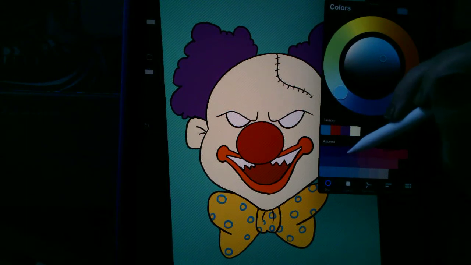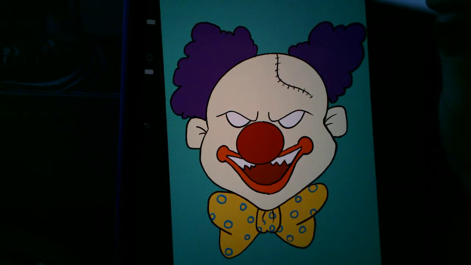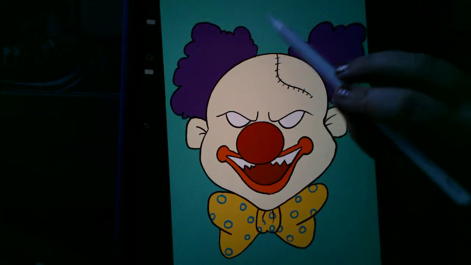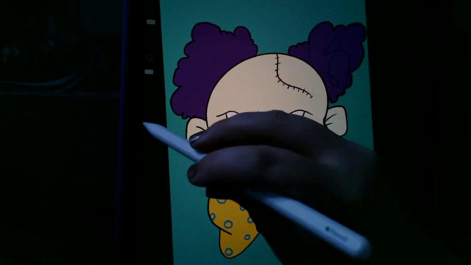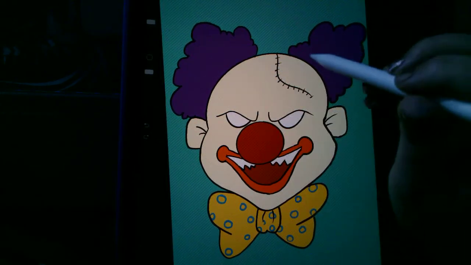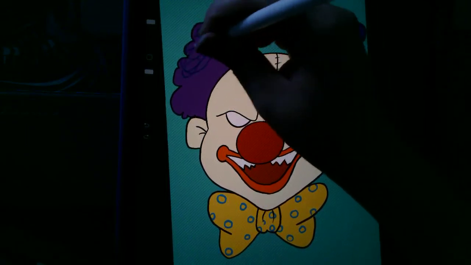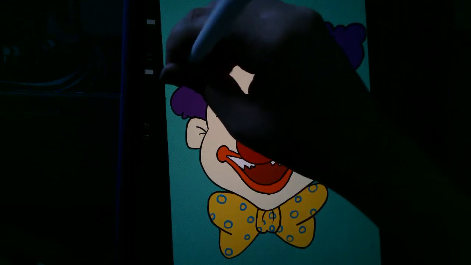I'm also going to come over to my purples. And you'll notice that everything except for those two areas that I clicked have lines going through it. I cannot draw in those areas. I can only draw in the two areas that have hair. So what I can do is I can